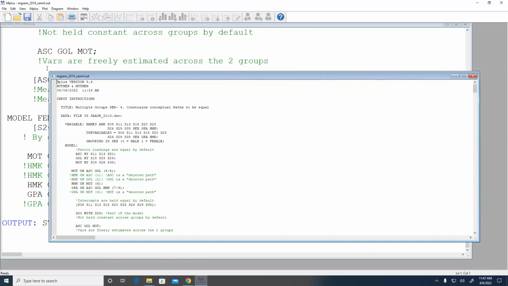And the fact that it's different is interesting, because that would be saying, hey, goal valuation predicts GPA, again, the direct effect, after controlling for everything else in the model, the direct effect of goal valuation on GPA is stronger for girls than for boys, or stronger for boys than for girls. So if I can't constrain it, I'm going to leave it in. I'm not going to try to delete it. It's only once I was able to constrain it, and once constrained, I see that it's not statistically significantly different from zero, which, because it's constrained, is going to be the case across both groups, right? Because it's only one parameter across both groups.